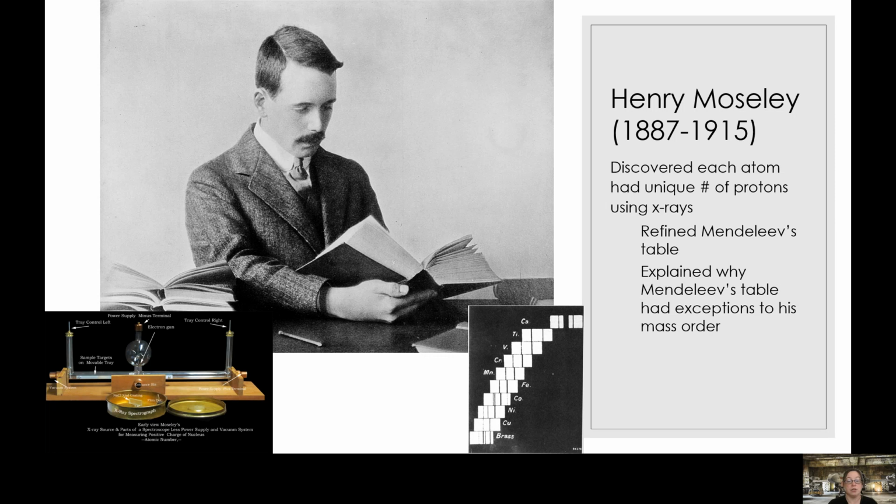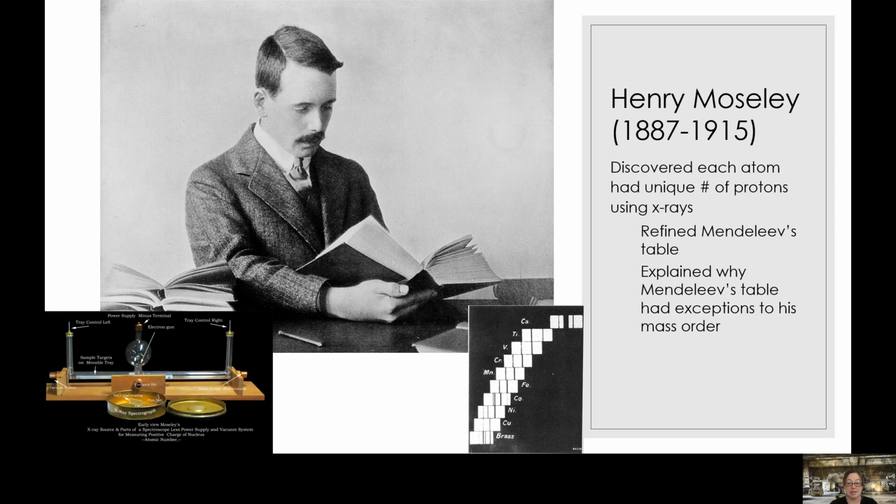This was really revolutionary, because this is where the number on the periodic table meant more than just an element's place on the periodic table. This is where we really realized that it meant the number of protons. So remember, we say atomic number equals number of protons. That wasn't really true until after Henry Moseley made his discovery.